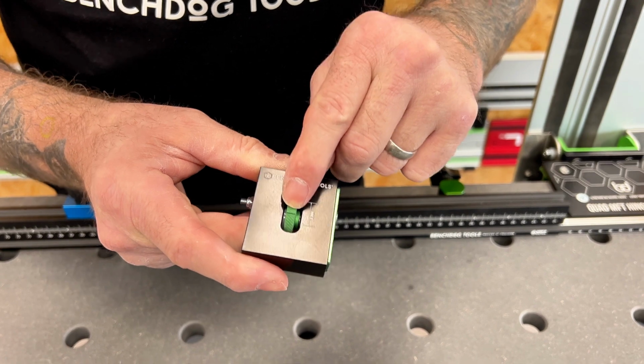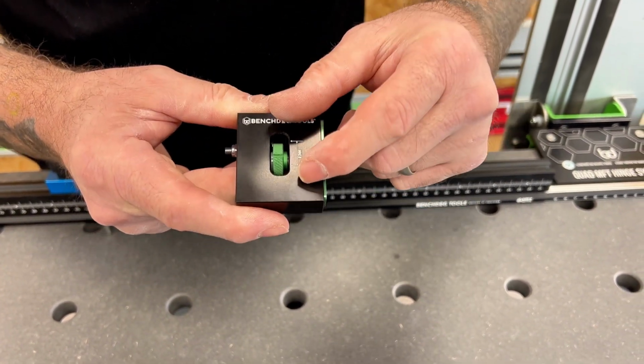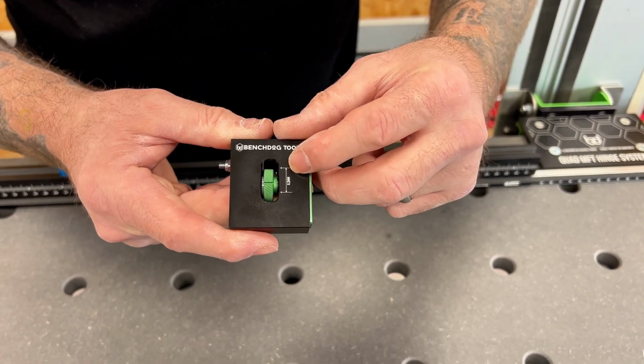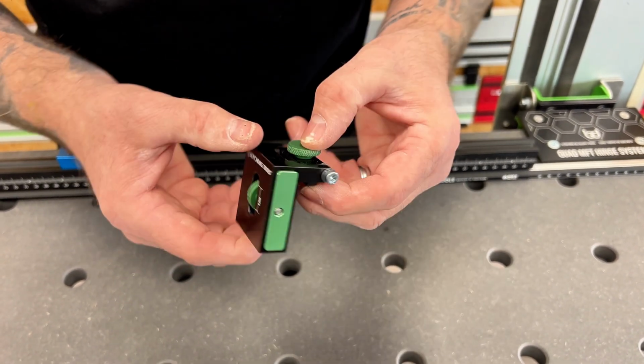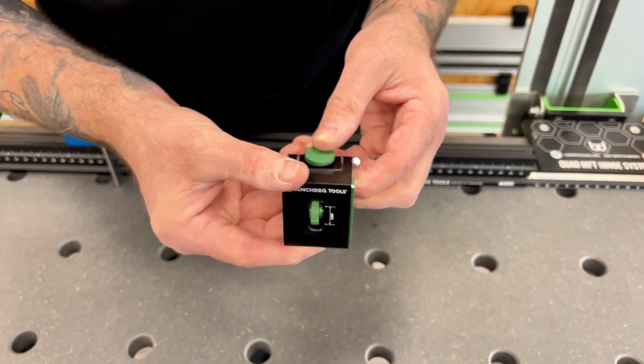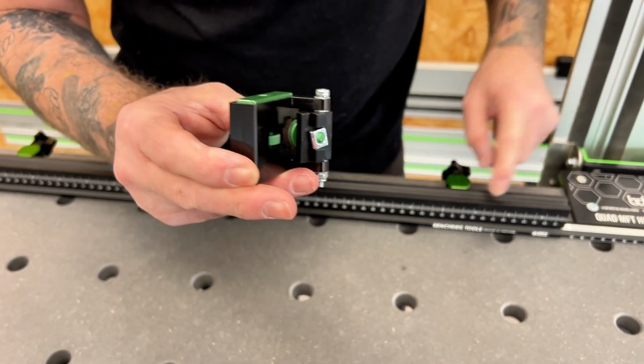of a mil. And you can see here, we've got a little divot which allows you to know how far you've turned it, the complete round circle. And with a little mark in here of a quarter turn of 0.2 mil. It comes with a thumb screw at the top here, which is the part that connects into the fence system here, and with a